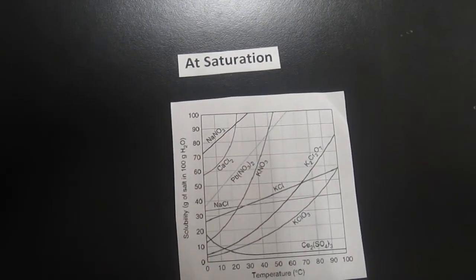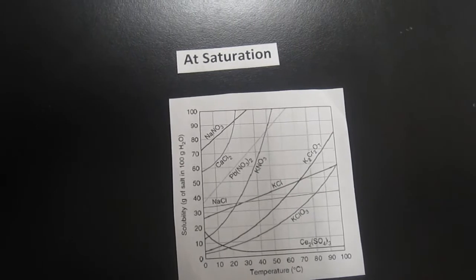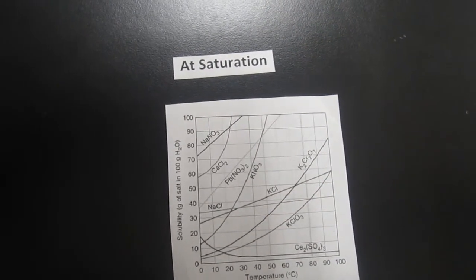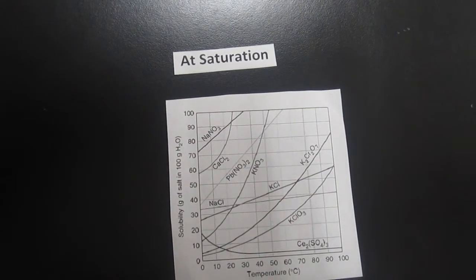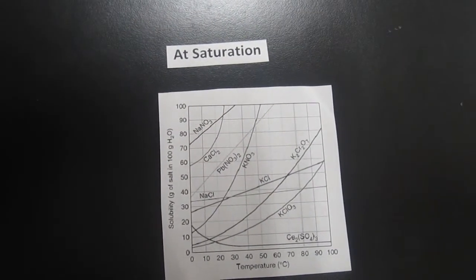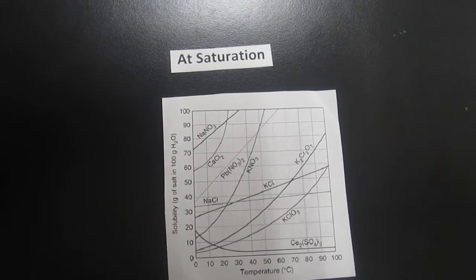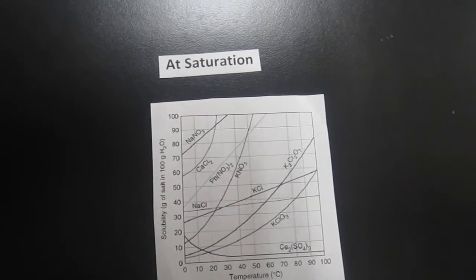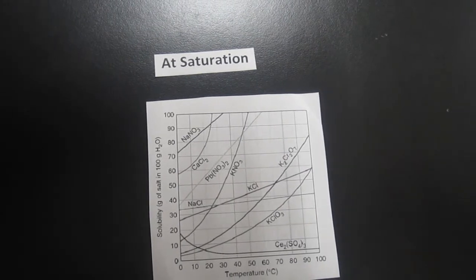All salts have different solubility points and saturation points under a consistent condition. These lines here show the saturation points of various solutions as the temperature increases. The precipitate that forms in a solution is the compound that has a lower solubility than the other products. It will surpass the saturation point before the other products in the solution,